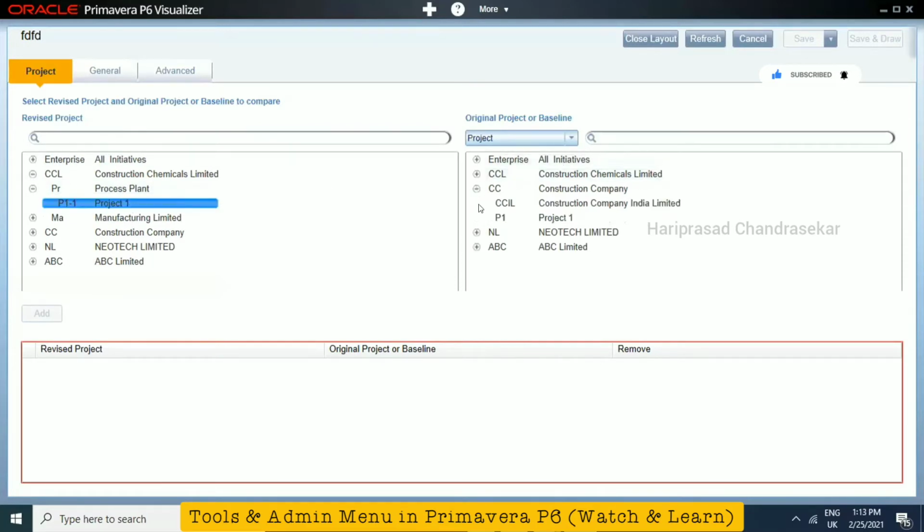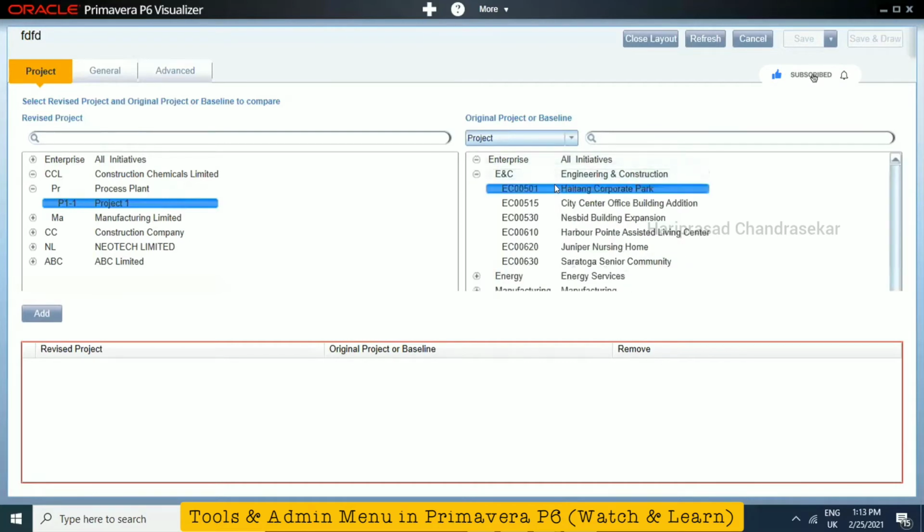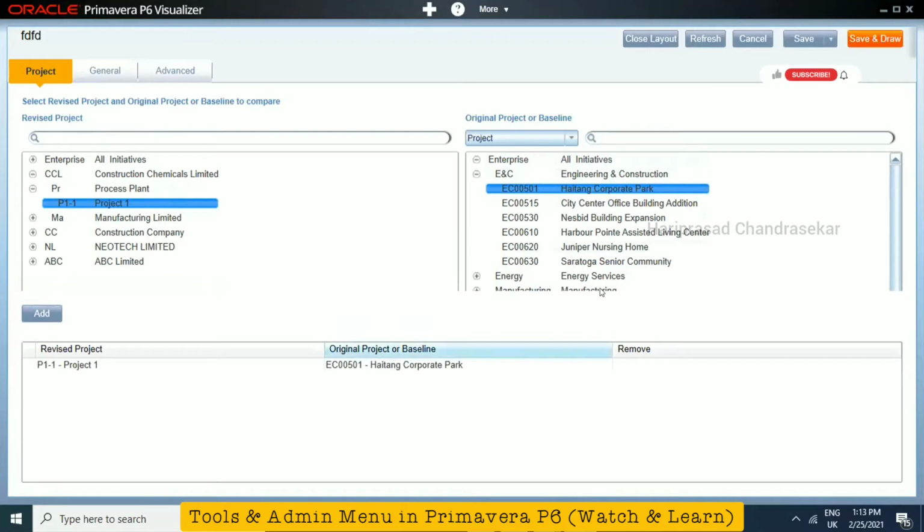And then here I am just going to choose the same project. So this you are able to add, and this also. It's already added. Only one time is enough. Okay, now you can just go for save and draw.